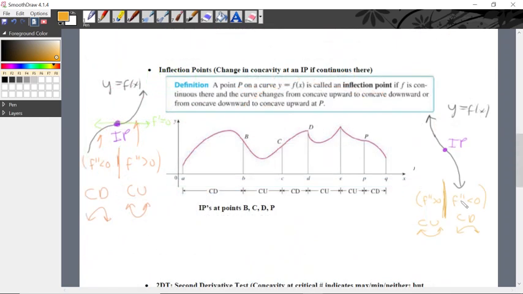So since we have a change in concavity at this point, and that point is included on the graph, that is, it is continuous there, then that point is called an inflection point. Now,